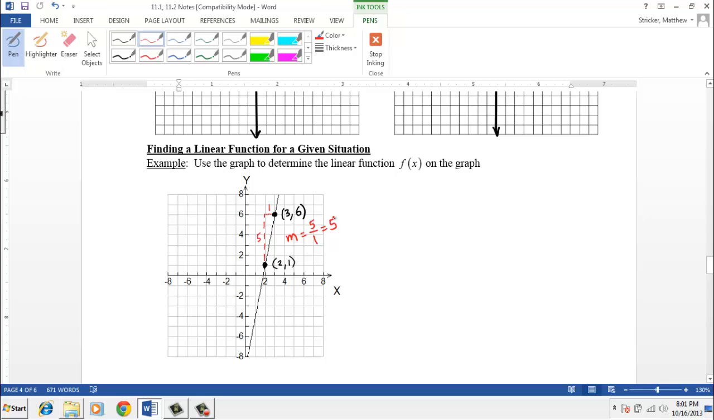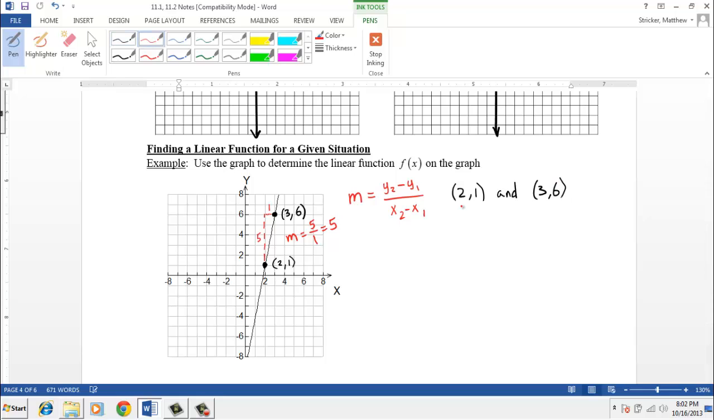But then there's another way to do it. Let's say you just have 2 points. The other way is what I like to call the wise up slope formula. It's m equals y2 minus y1 over x2 minus x1. That should look familiar to you. And basically you just take the change in the y values over the change in the x values. So if we take the 2 points that we found off the graph, 2, 1, and 3, 6,